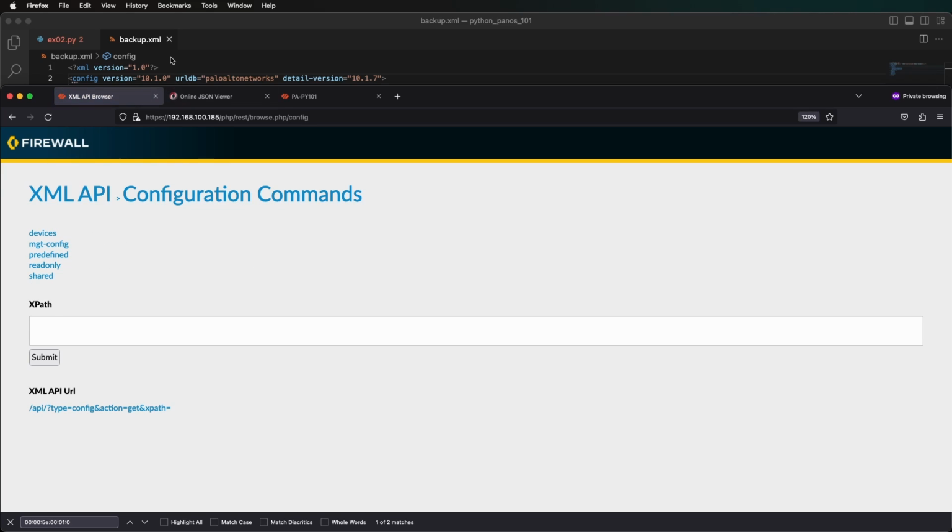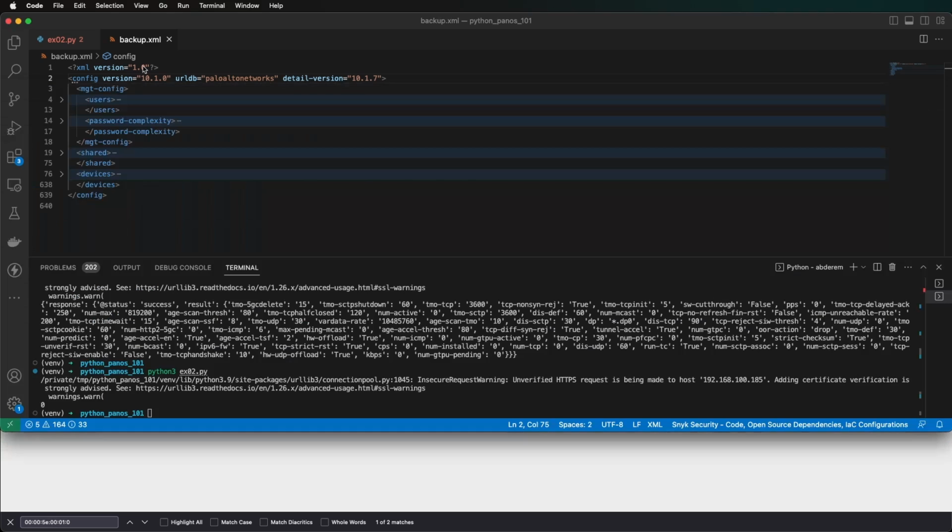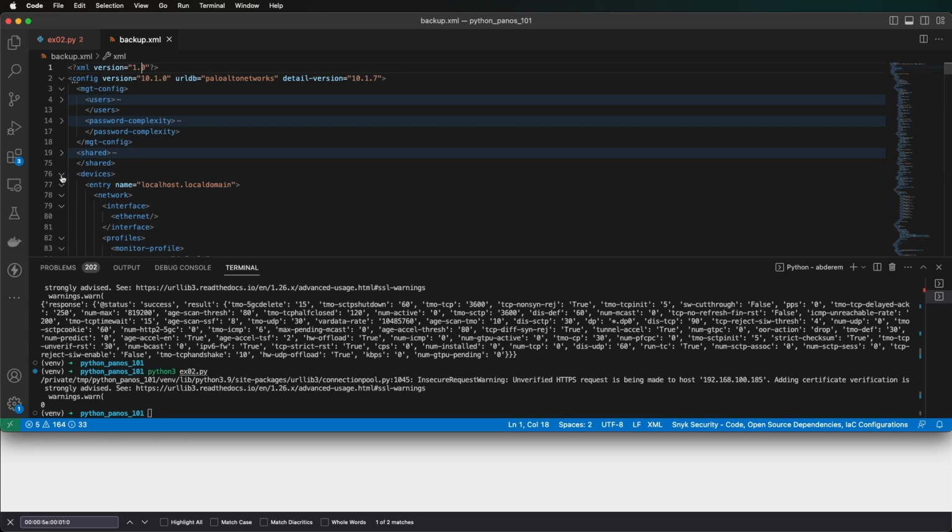And where do I find my policies? Let's look at it from a firewall perspective. If we look at the firewall backup, how would you find the exact location of the firewall policies? So normally it would be under devices, right? And then under entry, which is localhost, which is the local firewall. And then